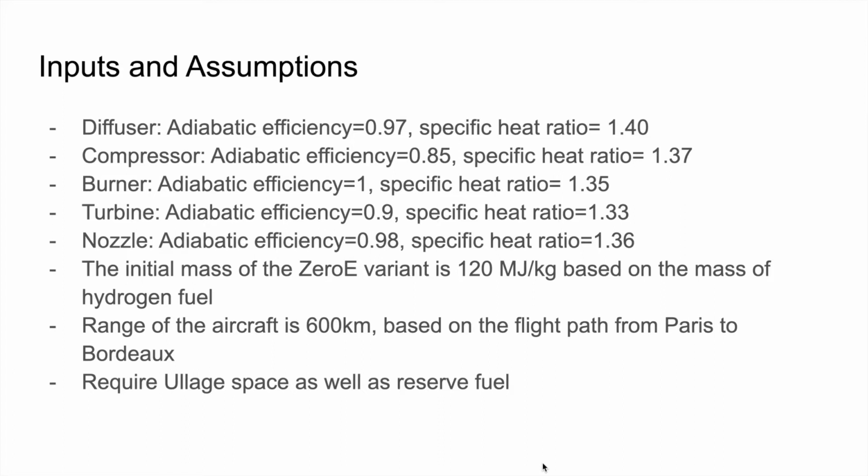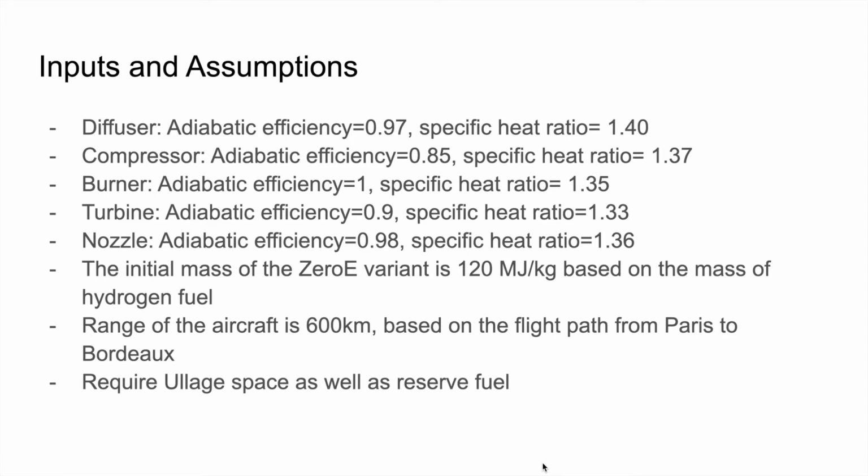And for the adiabatic efficiencies, it varied from 0.9 to 100% for the burner. Also, we've assumed the specific energy of hydrogen to be 120 megajoules per kilogram based on the mass of hydrogen. And as for the range of the aircraft, it's assumed to be 600 kilometers based on the flight path from